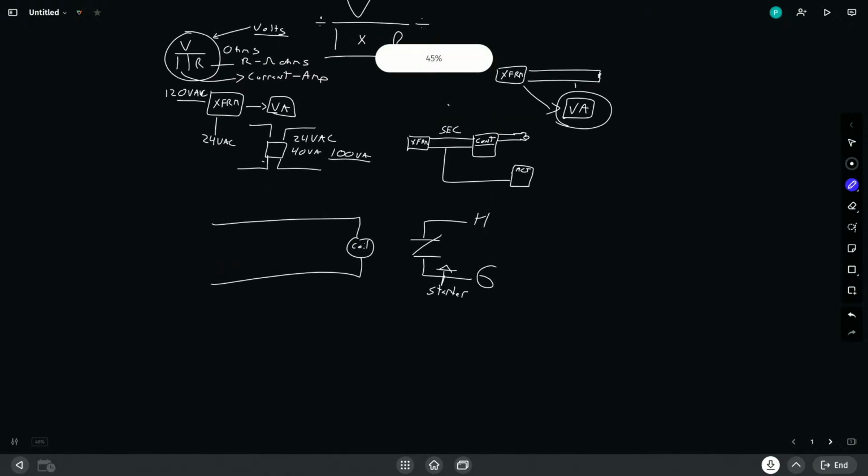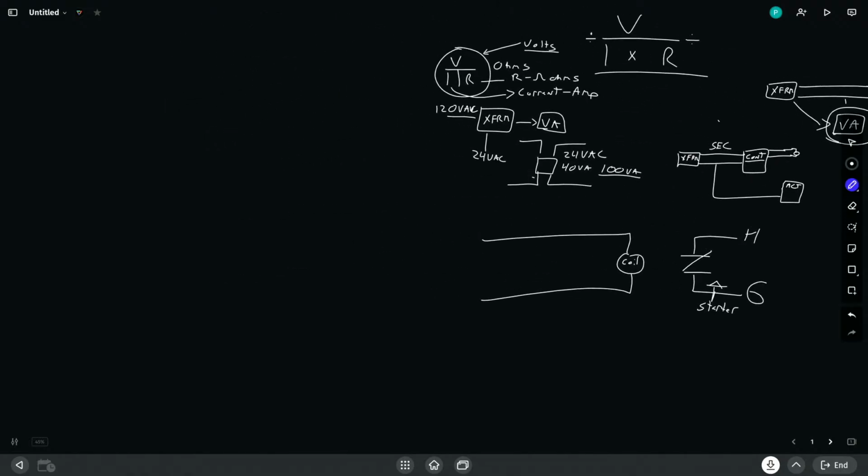So we've talked about Ohm's Law, VA, transformers, and circuits. Now let's talk a little bit about input and output types and how those exist from an electrical perspective. On the input side, we will typically have resistive, digital, volt DC, milliamp, and pulse, which I'm not really going to talk about too much, as our input types. Each one of these input types requires different wiring approaches in order for them to operate.